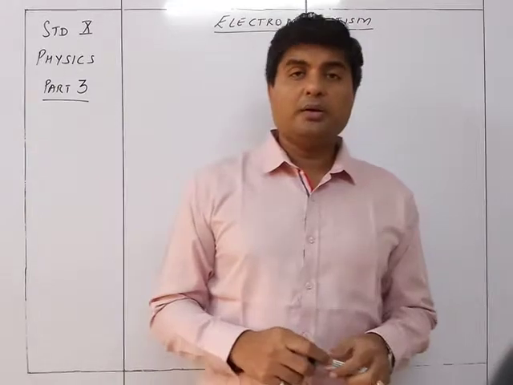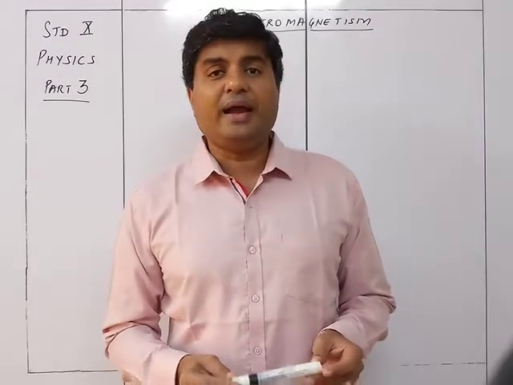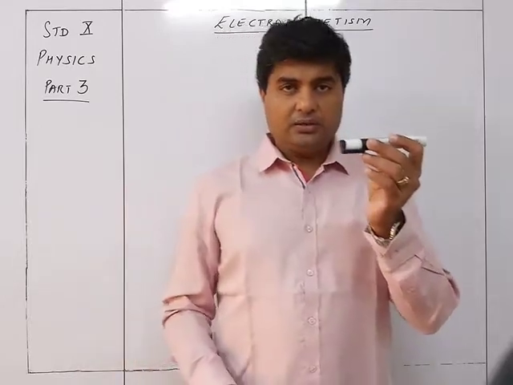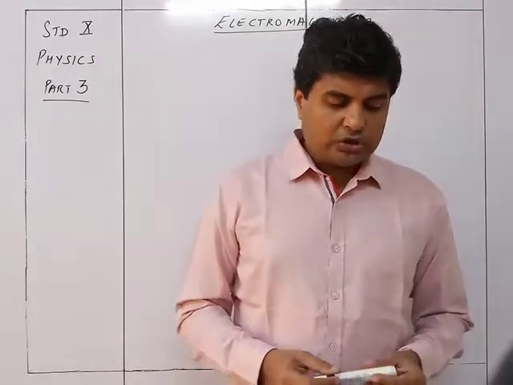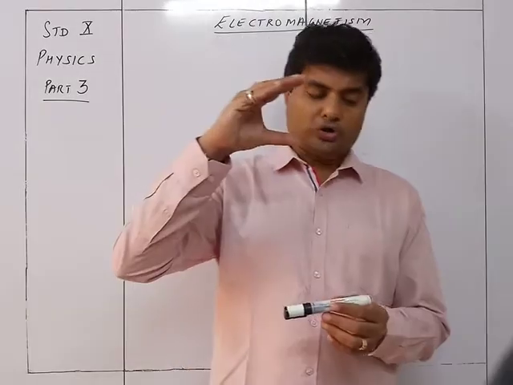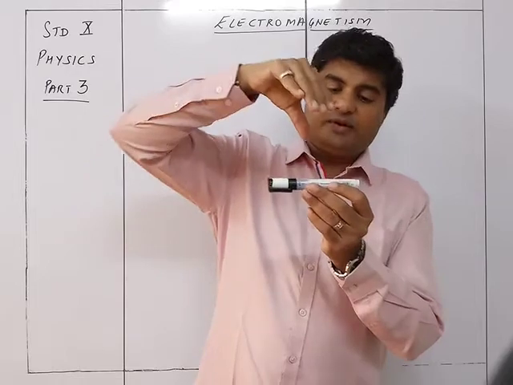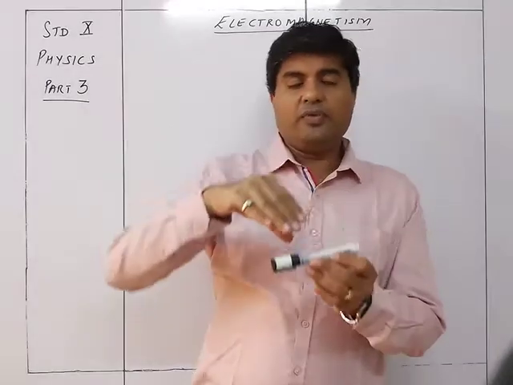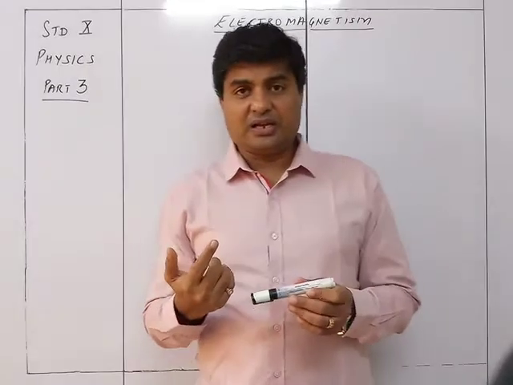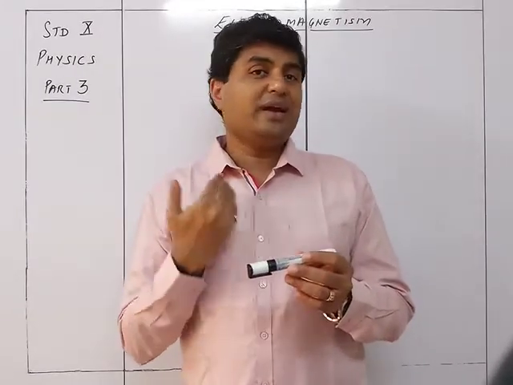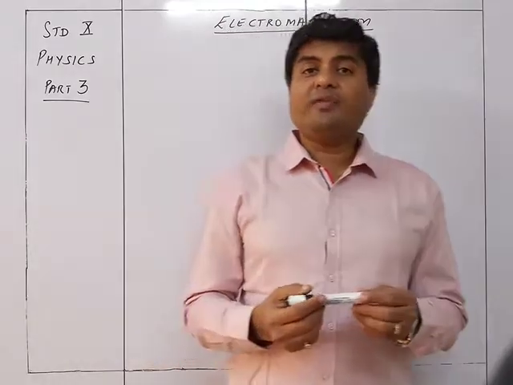That is one part. Now what would happen if I have a current carrying conductor and I also have a horseshoe magnet. So this is a horseshoe magnet, this is the north pole and this is the south pole, and I place it over here like this. Now we very well know that the magnetic field lines will never intersect each other. Okay, what is the property of the magnetic field? They will never intersect each other.